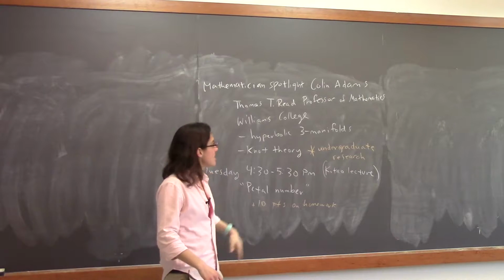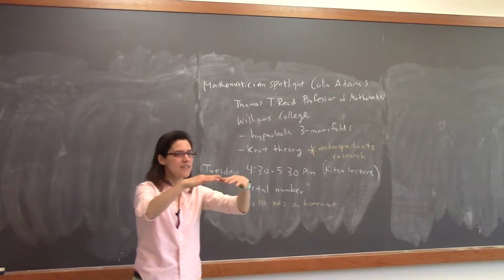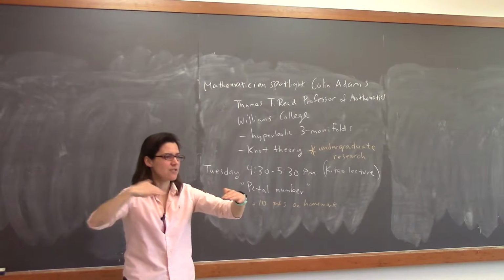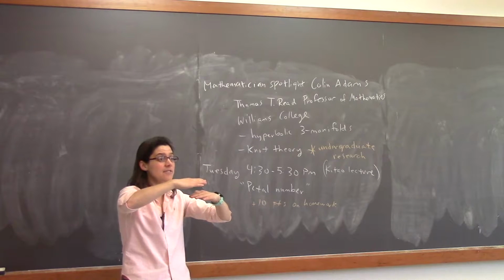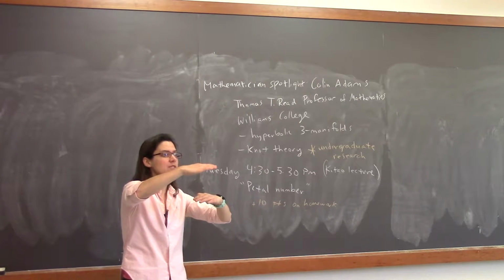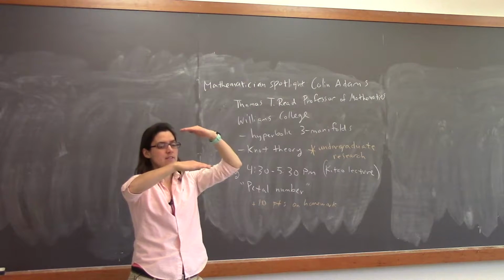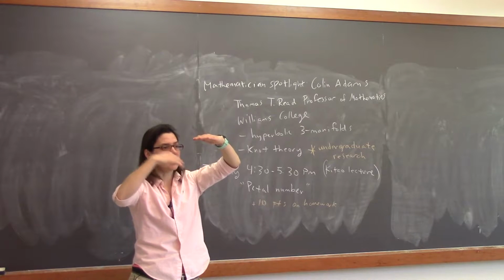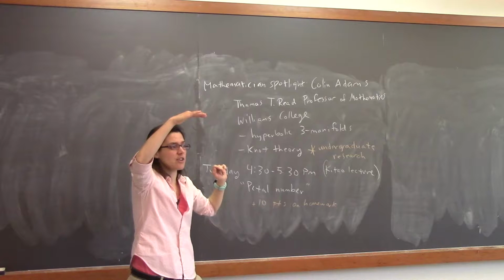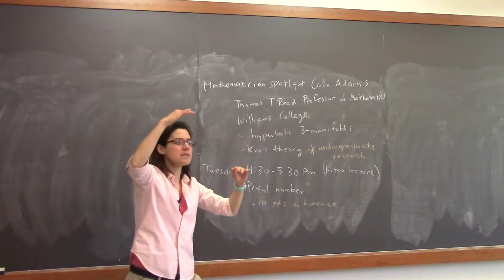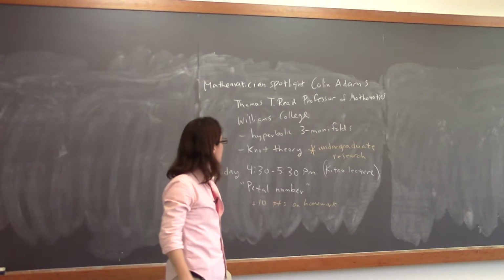Okay, so let's see. First of all, he's a Thomas T. Reed Professor of Mathematics. So we've been talking about the levels of academic jobs. If you're on the tenure track, you come in at assistant professor. 3 years later, you get reappointed. 3 years after that, you might get associate professor with tenure. 6 years after that, you might get full professor. There's pretty much nowhere to go from there unless you get a named chair. So that's what he has, a Thomas T. Reed Professor of Mathematics chair at Williams. Each of those bumps gives you a salary increase and, of course, a prestige increase. So he's at the top.